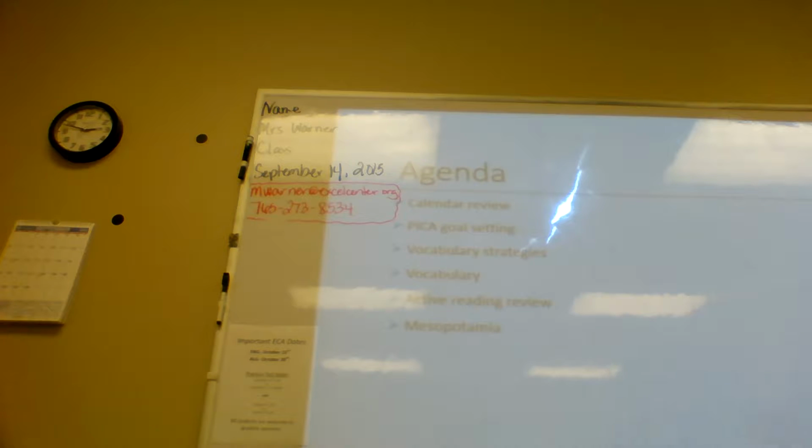You will get your active reading test. So after you finish the vocabulary quiz, you're going to bring that up, and I'm going to give you the active reading test. It's a big test. It's worth 40 points. Your midterm is worth 50. Your final is worth 100. So you can see that's pretty heavily weighted. It's like 4 vocabulary quizzes, 4 weeks of vocabulary. So it's heavily weighted, but we're going to go over the strategies every day this week, and we're going to be practicing with the strategies all week as well.